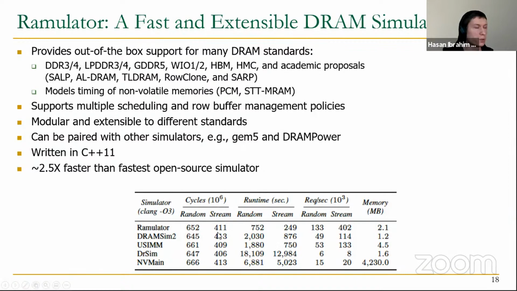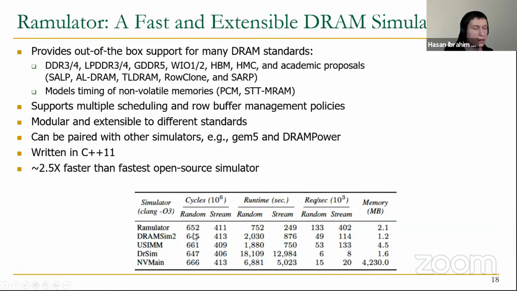The cycles column shows the number of processor cycles or memory controller cycles it took for the simulated workloads to complete. When we look here, we expect these values to be very close to each other. If you are simulating the same workload and the simulation is correct across all these different simulators, we expect that workload to run for